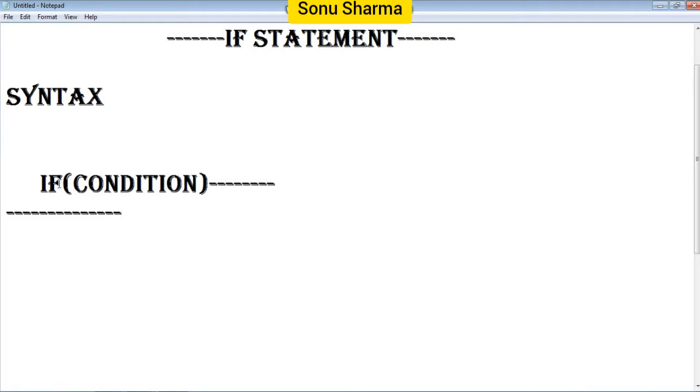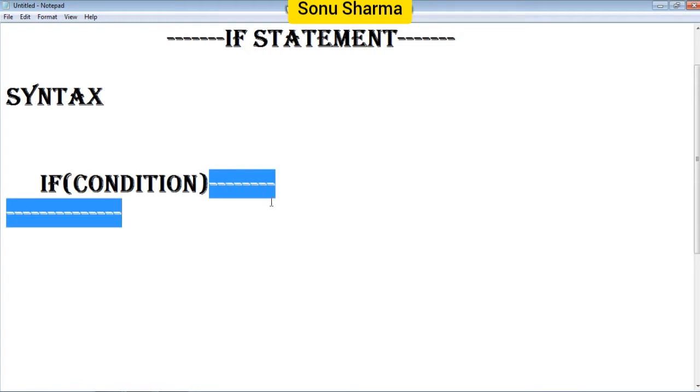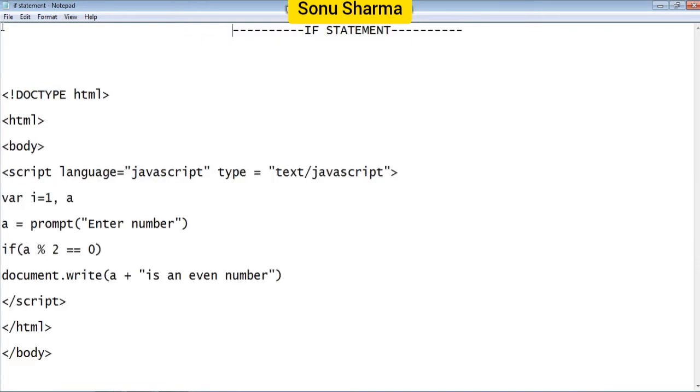So here the syntax is you have to write the if word, then inside the bracket you have to write the condition, whatever condition you will give, and after this bracket you have to write the statement, then it will execute the statement according to true and false. So let us understand by one simple example. Okay, so here you can see the piece of coding. So this is the coding of what? Using the prompt dialog box, we will use this if statement. So here the user will be asked to enter a number and display a message if it is an even number. Okay, so even number condition is what? The even number should be divided by 2 and the remainder should be 0. Okay, that is our condition.